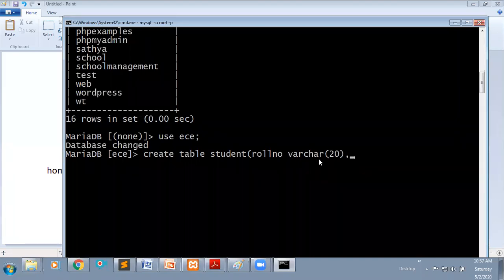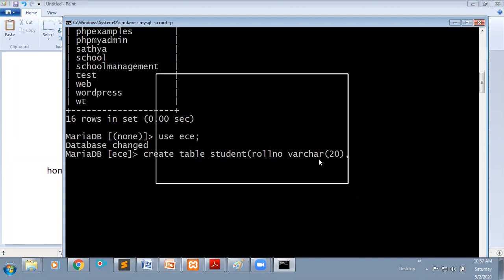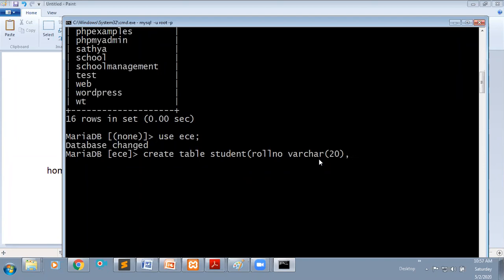For example, in other languages, if I want to store some integer value, you will declare the variable as int. In the same way here, we will mention the type of the data as varchar. It takes a variable length of characters.